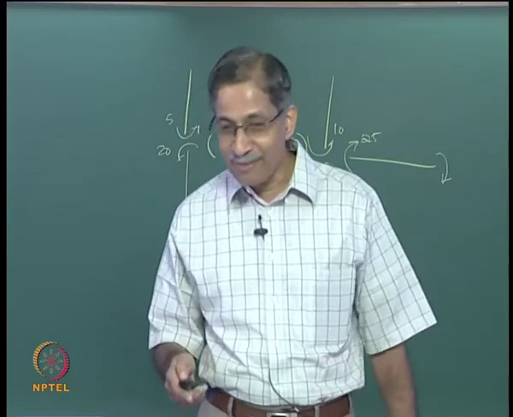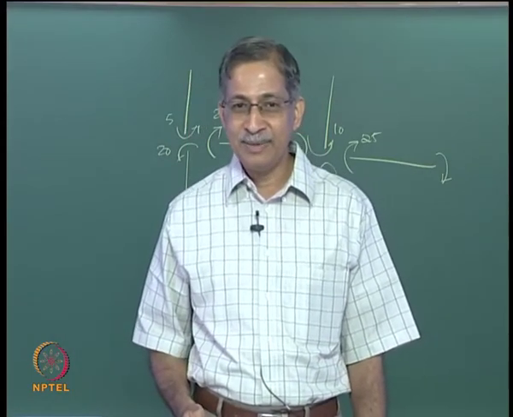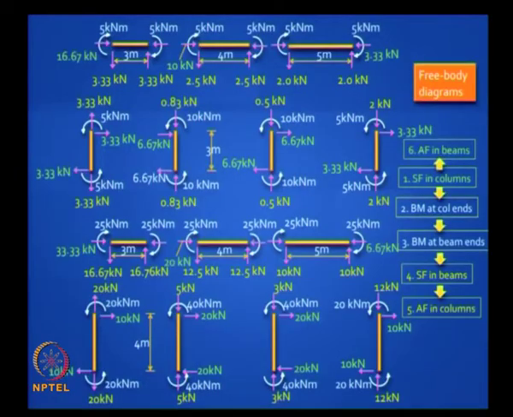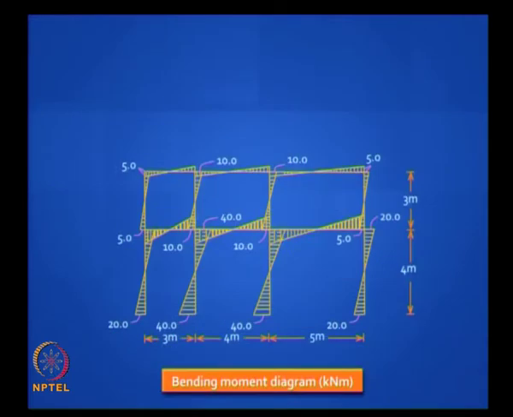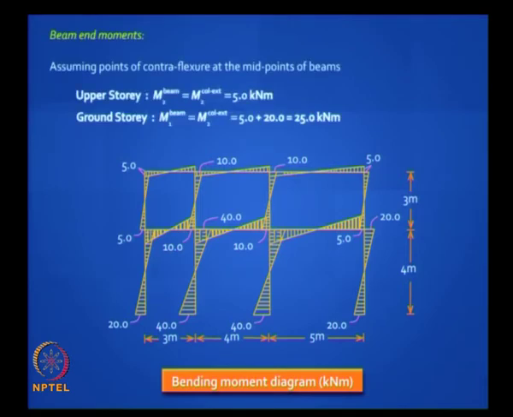Column shear. So you could have done it right in the beginning if you wanted. Okay, these are the other values. But mind you, they are not very important. The most important thing is the column shear and the bending moment diagram. Okay, so the bending moment diagram is easy to draw. Points of contraflexion in the middle. I hope you understand this. And remember that the beam end moments are 2 times the column end moment. Is it clear? Portal method is easy. You can apply it to any problem that you get.